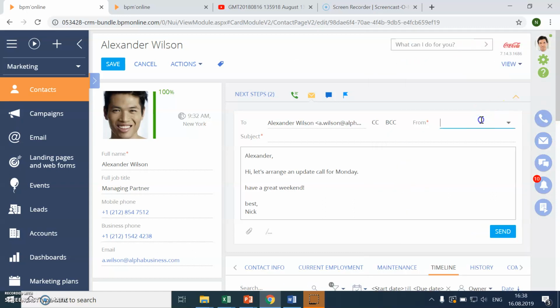Now, I can't send the email because unfortunately I'm from a demo account, but you can see how fast and easy it is to just conduct day-to-day business. And especially imagine when you have a huge company, when you have thousands of accounts, employees in hundreds of cities worldwide. This system helps you